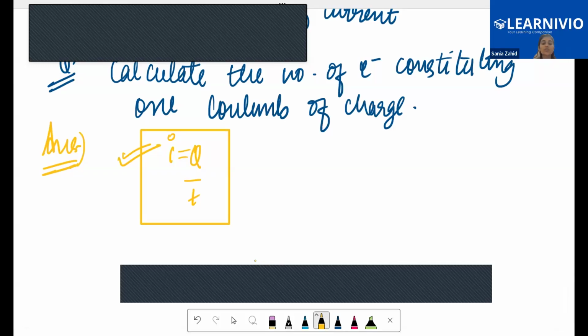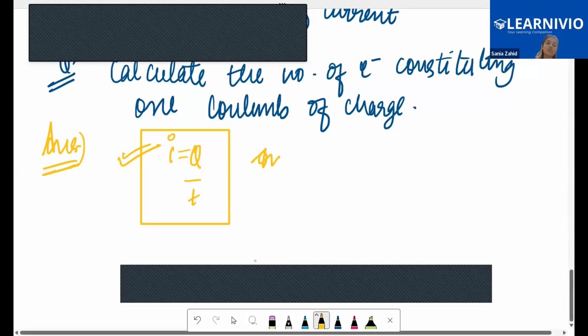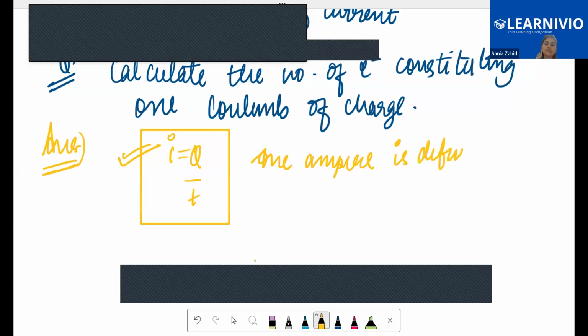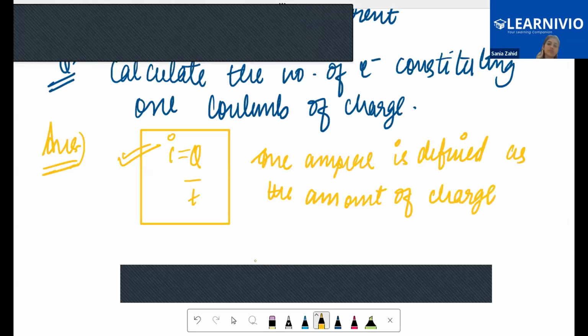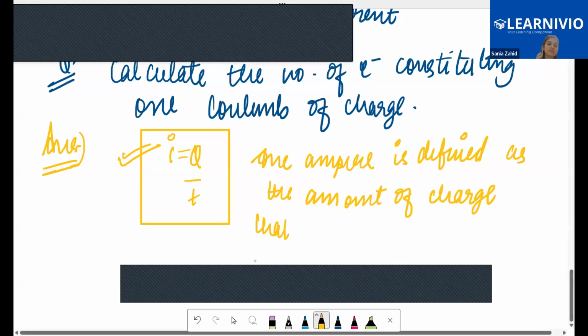The unit of Q is coulombs and time is seconds. So 1 ampere is defined as the amount of charge that